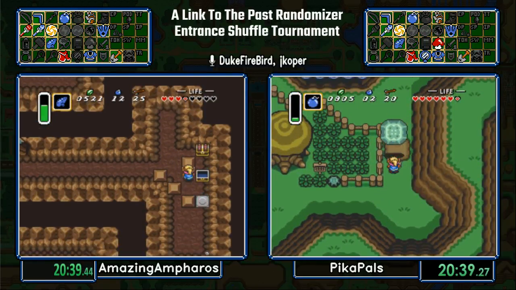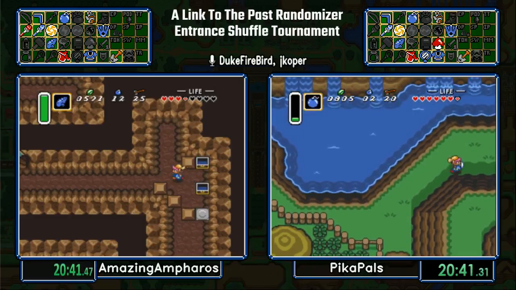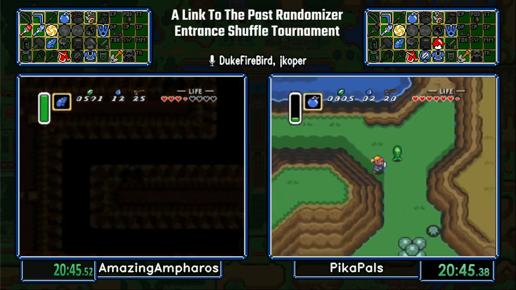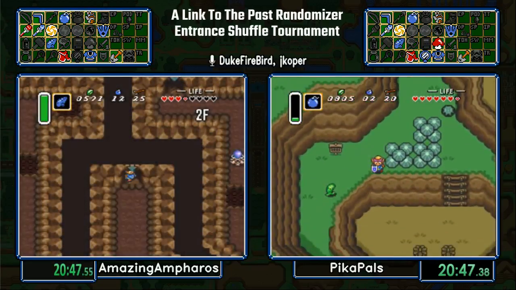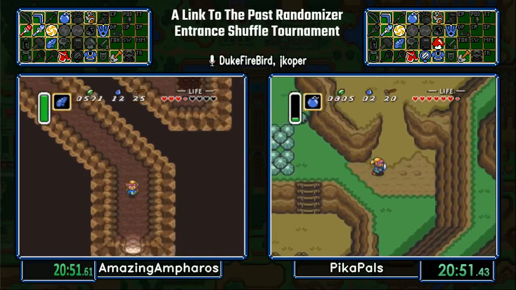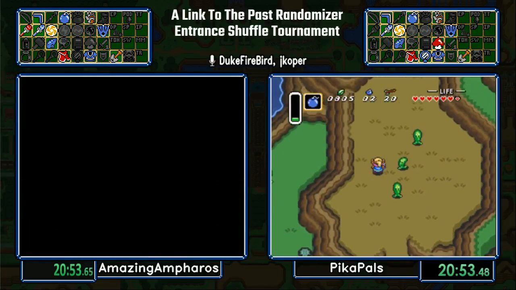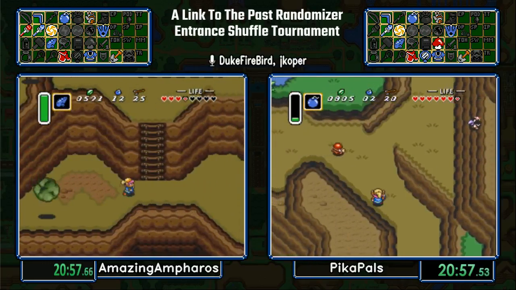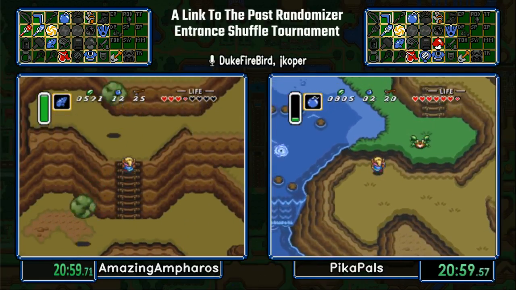And... okay, nope. Shows what I know. Alright. Pika's doing Zora from the intended way, I guess. Yeah? Nothing wrong there. I'd just rather flute to 8 and swim in the warp, usually myself, but...